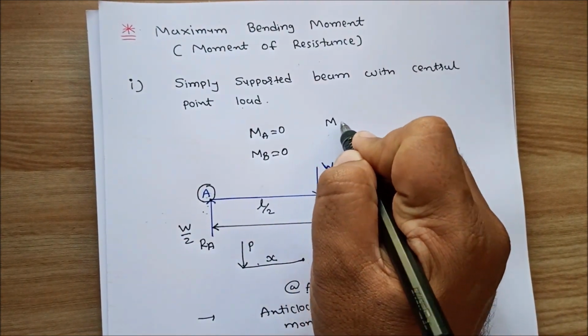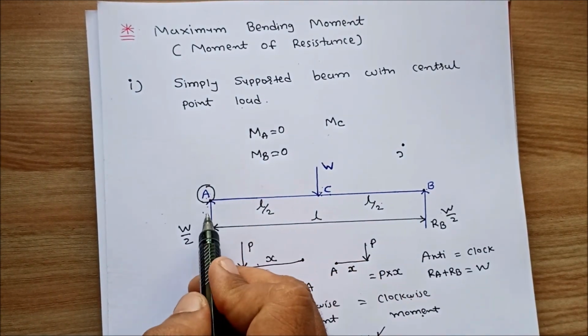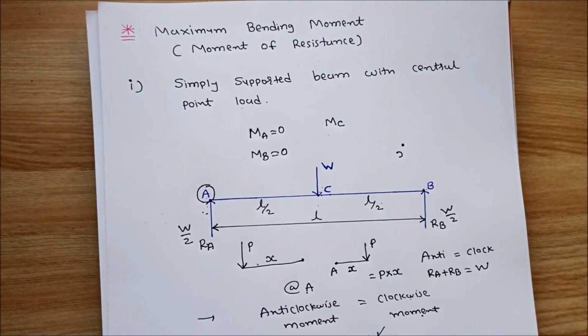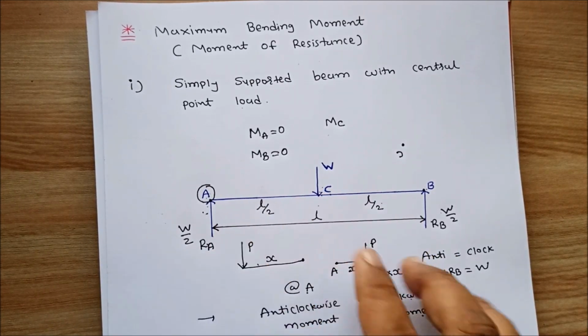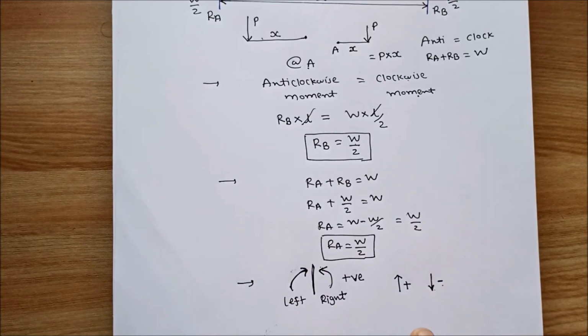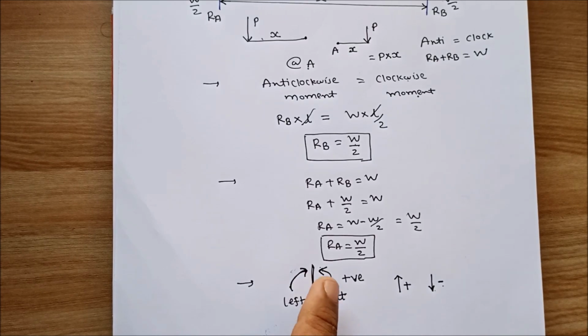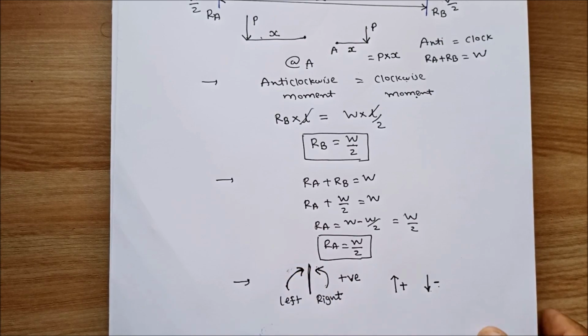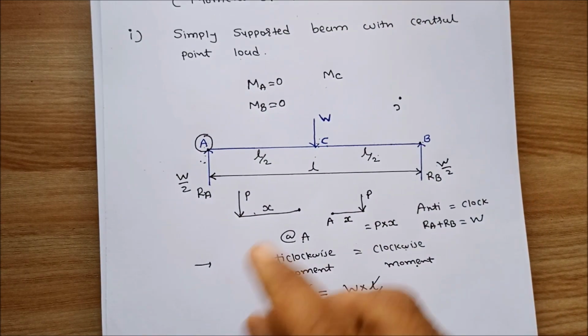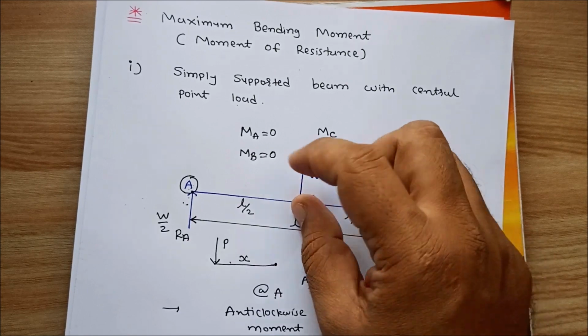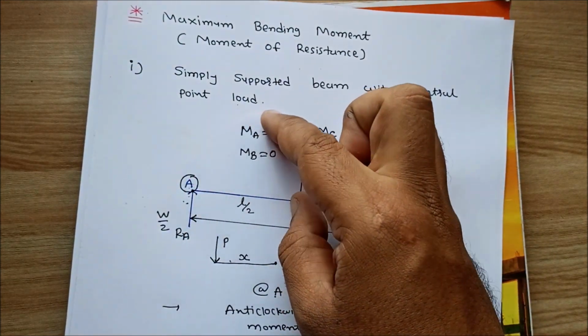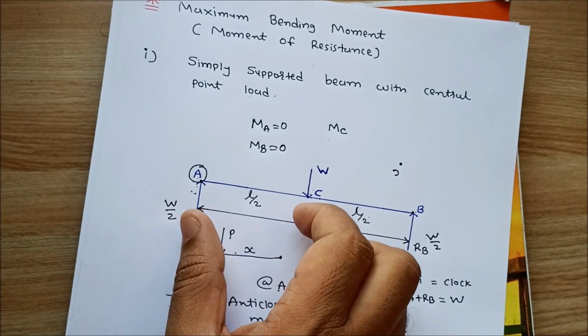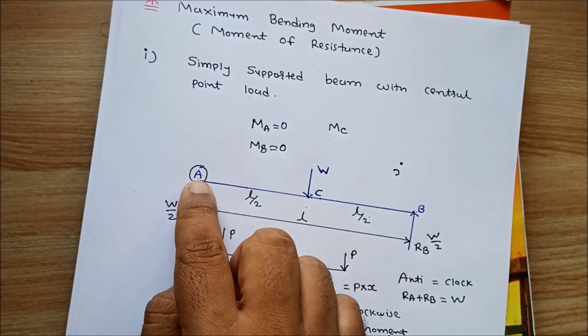So bending moment at point C, either you calculate from left side or right side. Both answers are always equal. So if we are taking moment from left side, simple, you remember that upward force is plus, downward force is minus, or you use this sign convention. From left side, clockwise moment is plus. So here at point C, press the thumb here and rotate the finger. So this moment goes clockwise, and we take moment from left side, so this moment is positive.